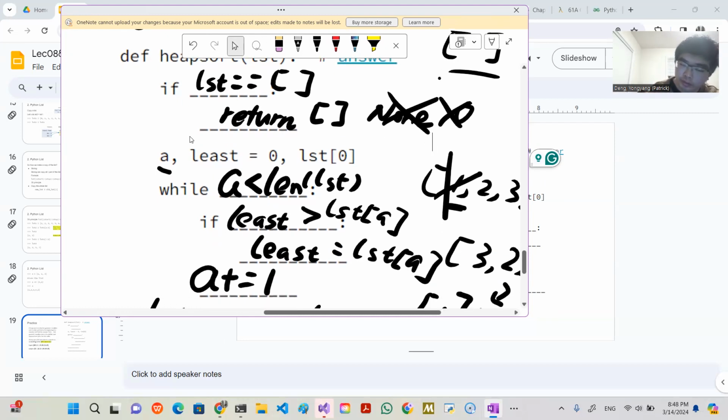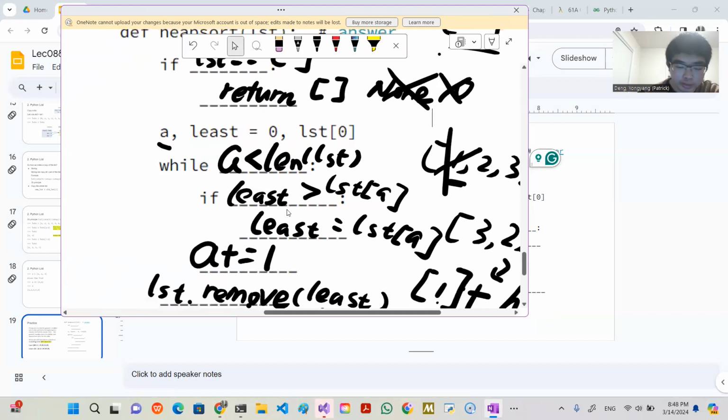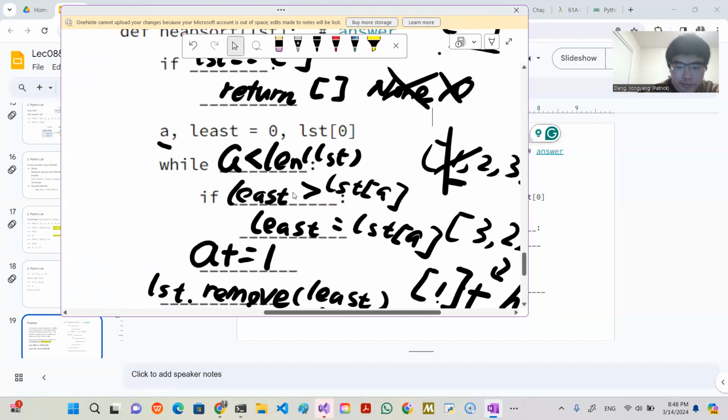Yeah, we can call this smallest. So while A is less than the length of A, I will loop from 0 to the last index of the list. And then if the smallest is greater than one of the members of the list between 0 and -1,